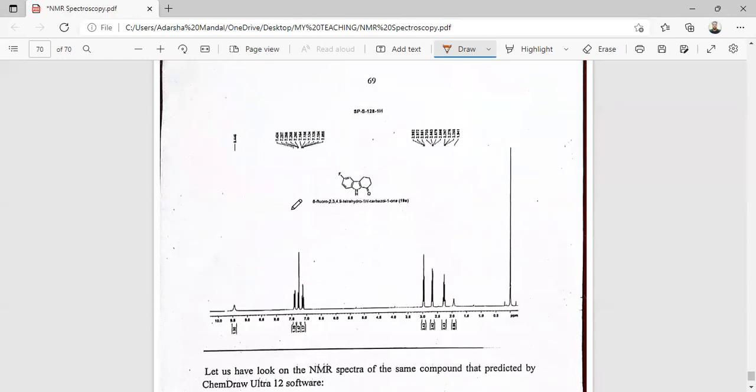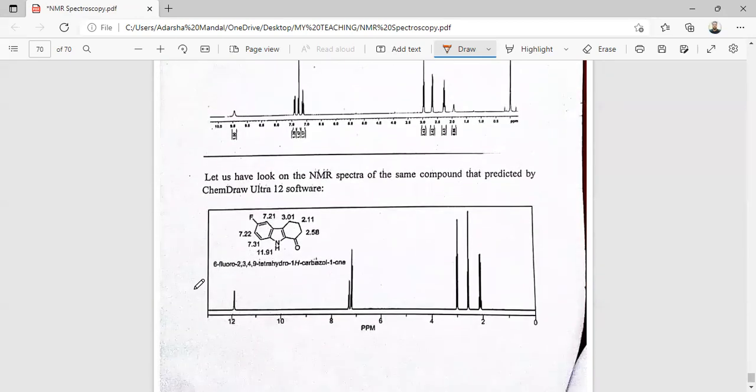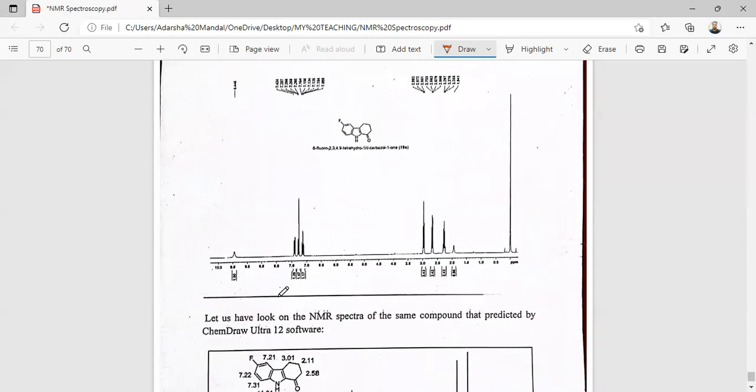So this is the NMR spectrum of one molecule. This is also one molecule. So here